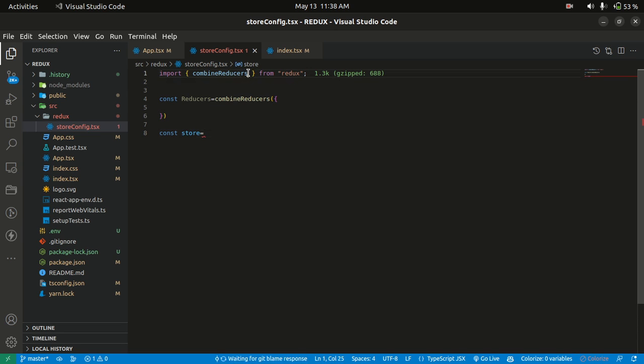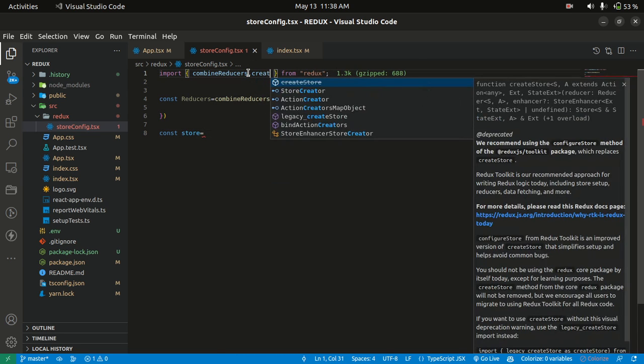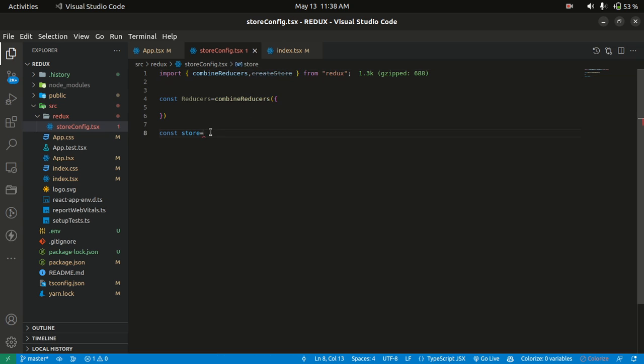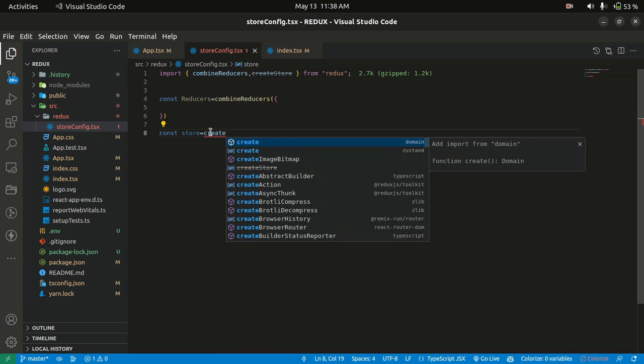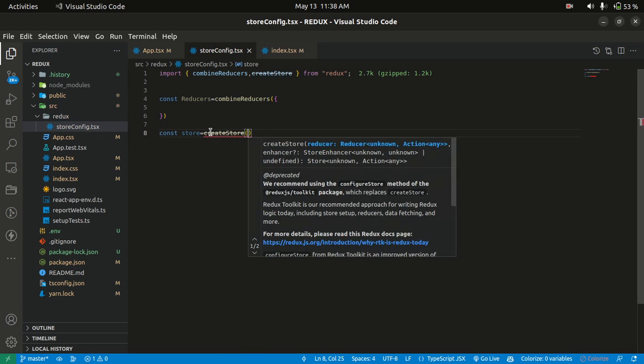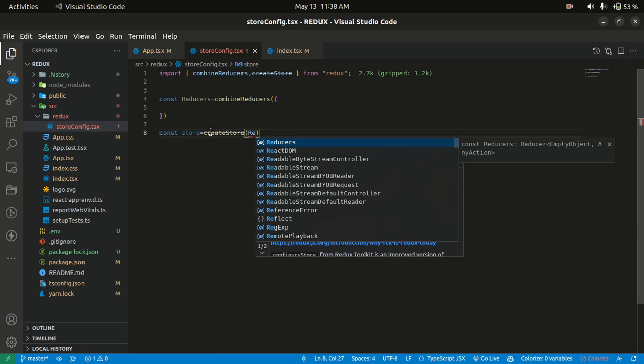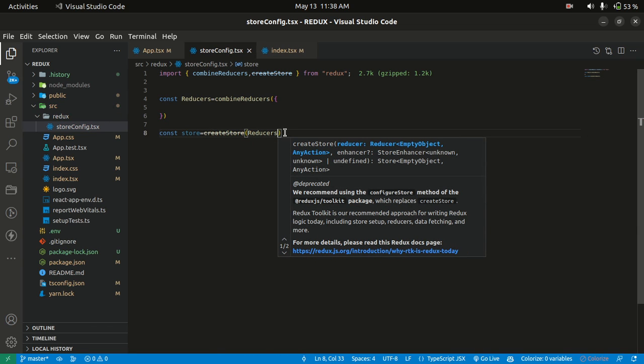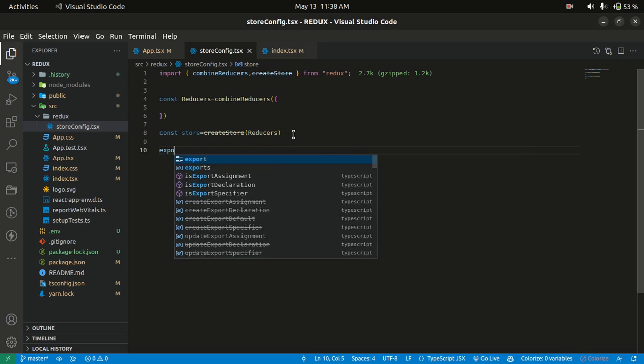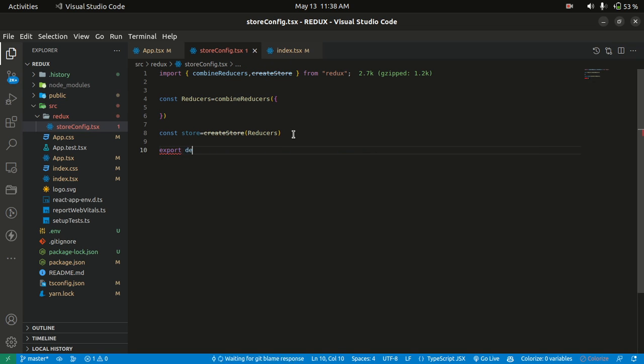I'm going to import another thing from redux called createStore, and say createStore and bind it with the name of our reducers. So we have our reducers here. Then I'm going to export my store out here. Export default